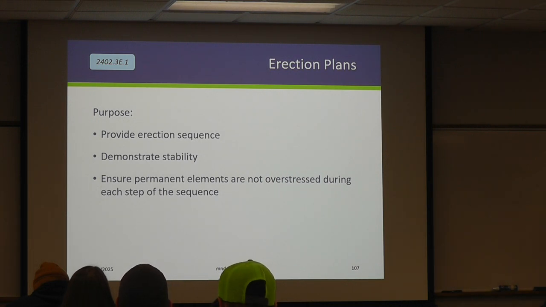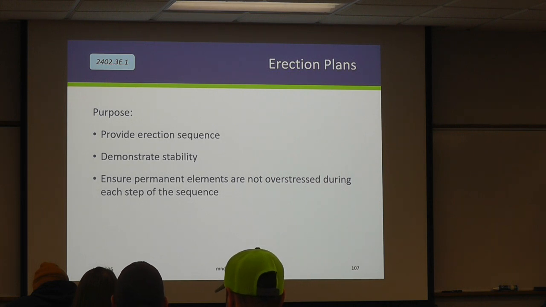And really, the purpose of this is to show that the contractor has thought through that sequence, they understand how their girders are going to be delivered when, and that they're demonstrating stability throughout the entire process. We don't want to damage these girders before they get all of their loads on them, right? And the engineer of record typically is not designing for an erection sequence, right? Because we don't know how the contractor is going to do it. We don't dictate their means and methods. So they need to demonstrate to us that they're not going to damage the beams based on the sequence that